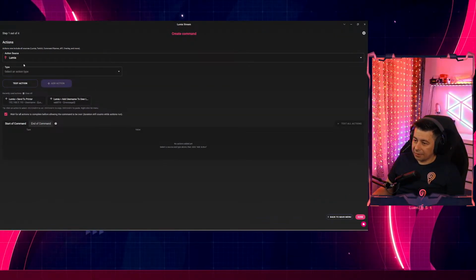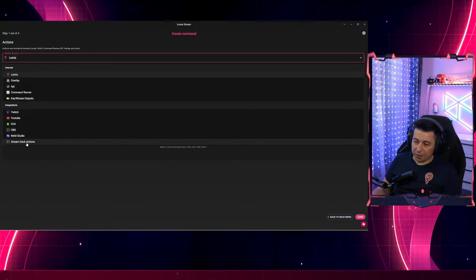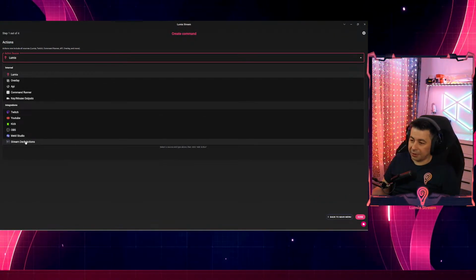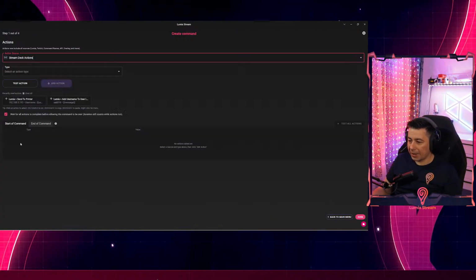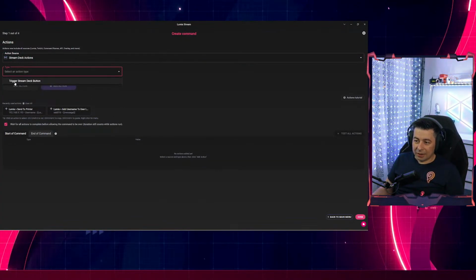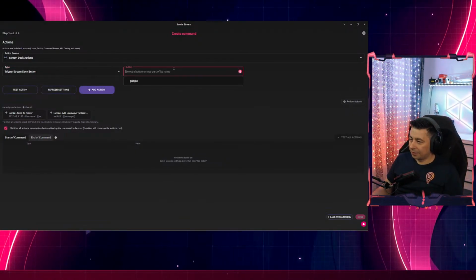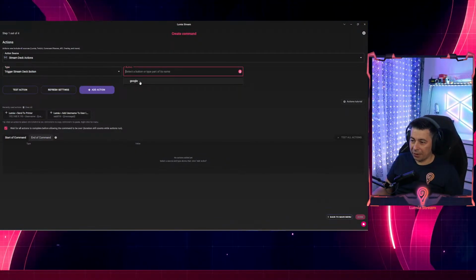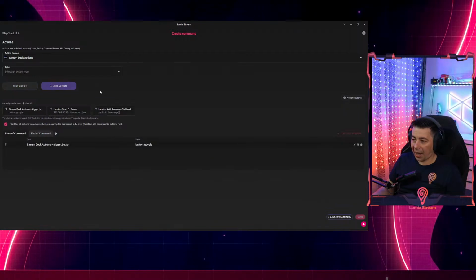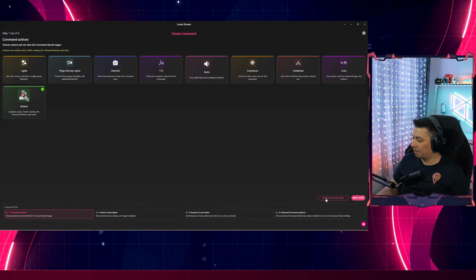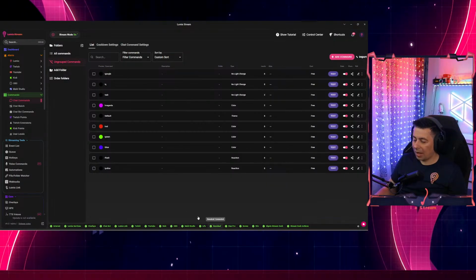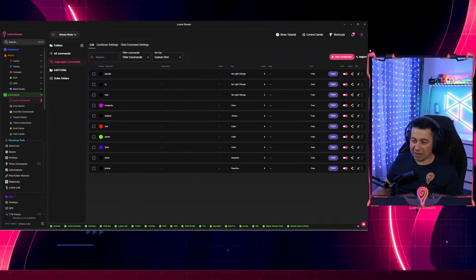Under the actions, if we go for the Stream Deck actions over here, this is the new action source that was added once you added the plugin. Click to trigger the Stream Deck button, and now I have only one button over here, which is Google. And if I add an action, and I click done, complete and save, and somebody types in the chat !Google,